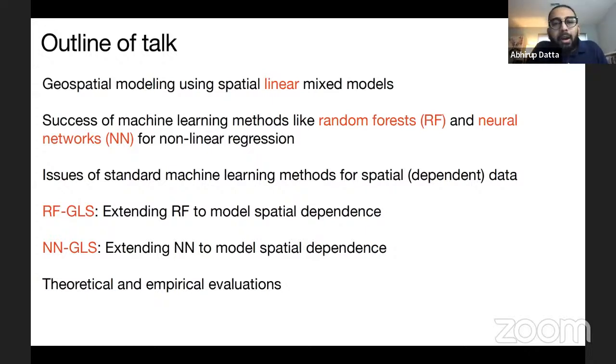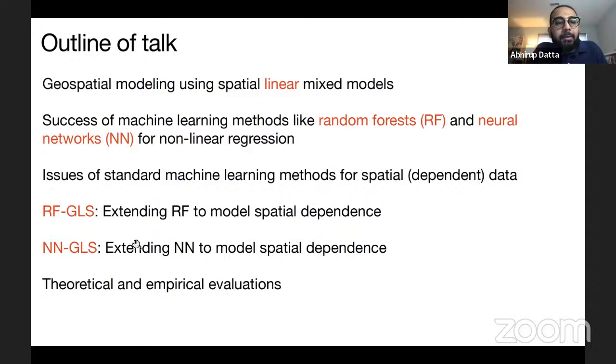And then I'll talk about how some of these standard machine learning methods can or cannot account for spatial dependence in the data. And then I'll present two new methods, one extending random forests to model spatial dependence, and the other one extending neural networks to model spatial dependence.